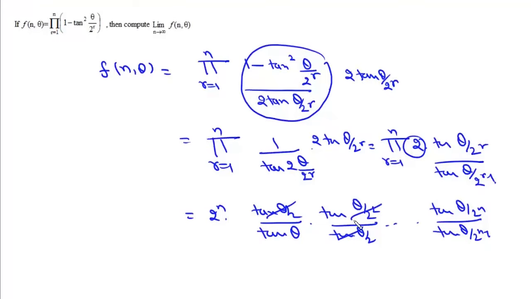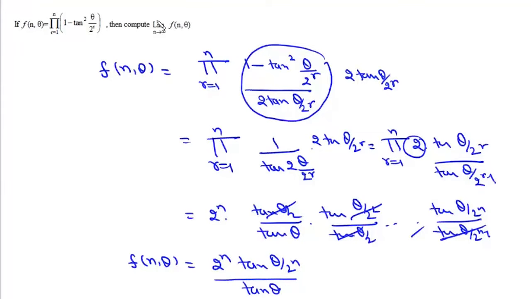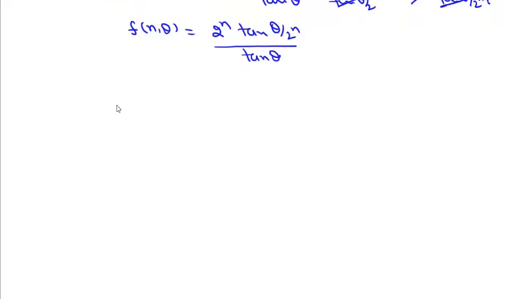Now terms cancel only after the first one. So all these they will cancel. So we'll get this f n theta as 2 to the power n tan theta upon 2 to the power n by tan theta. Now we need to find this limit n tends to infinity f n theta. So this limit n tends to infinity f n theta will be